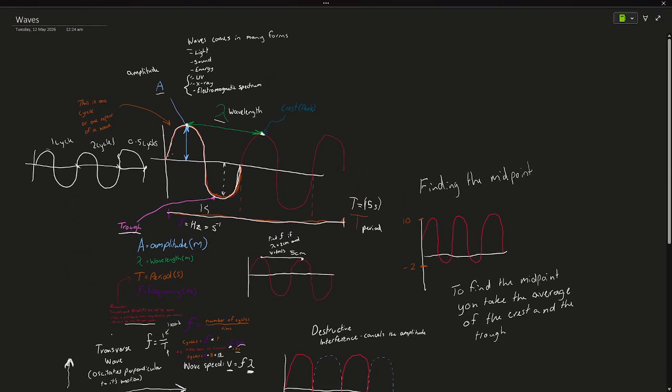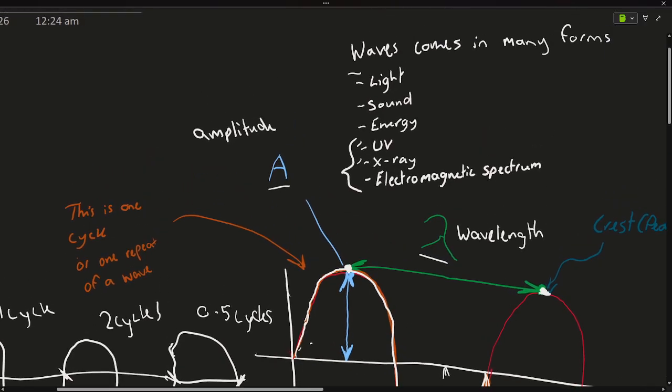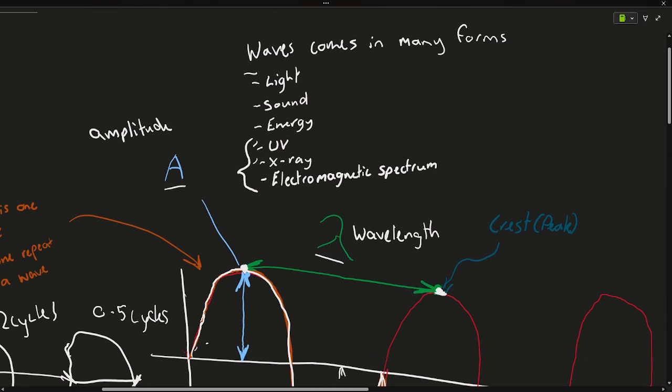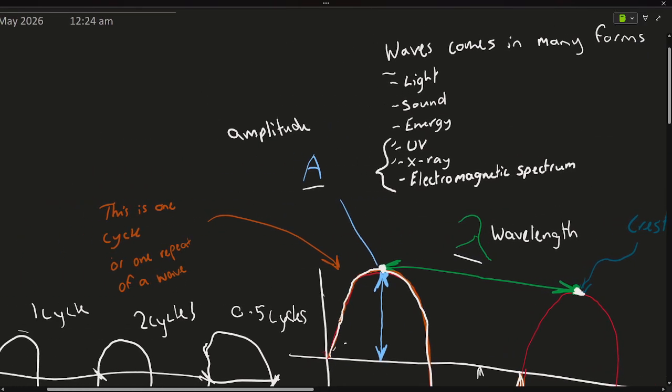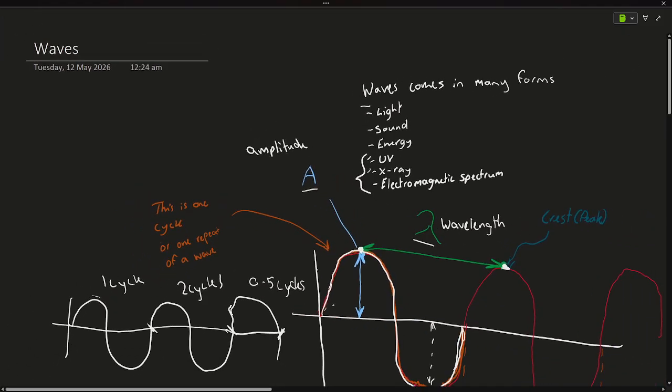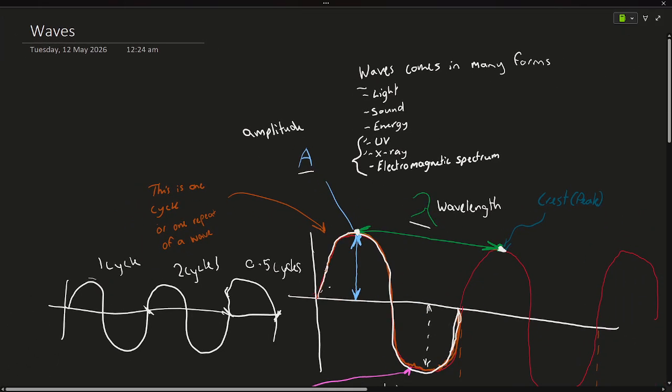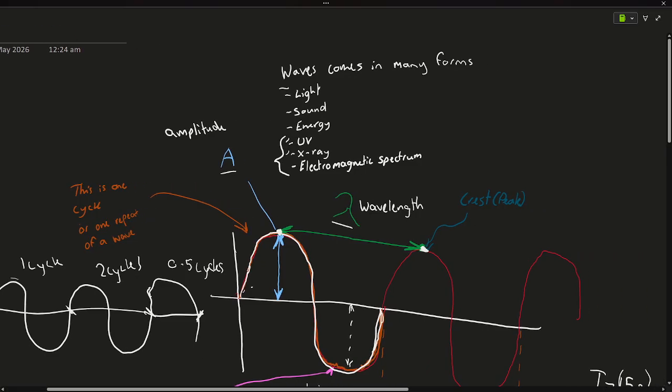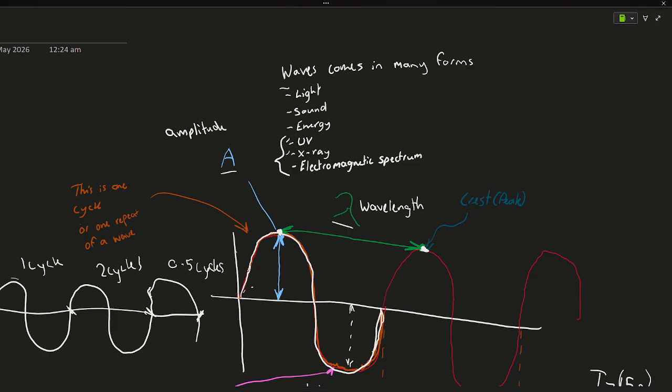So we are doing waves today. Waves can come in many forms. They can come in light, sound, energy, UV, X-ray, and this big word here, electromagnetic, and it so happens to be in the electromagnetic spectrum, which also adds